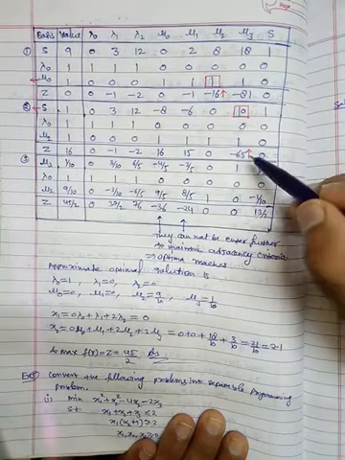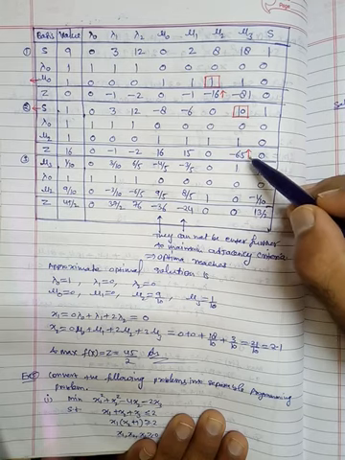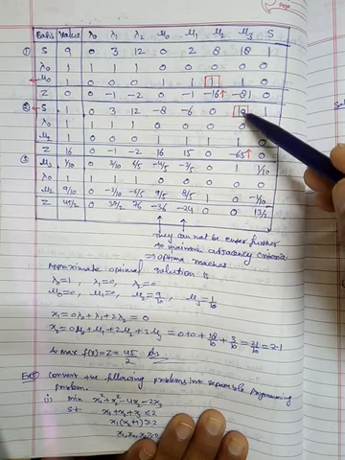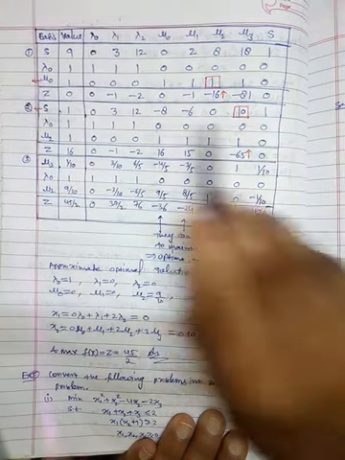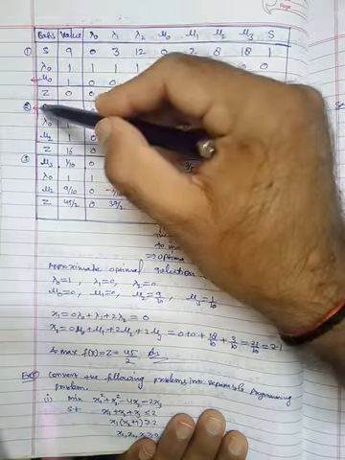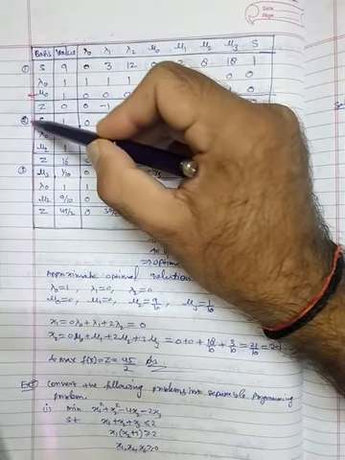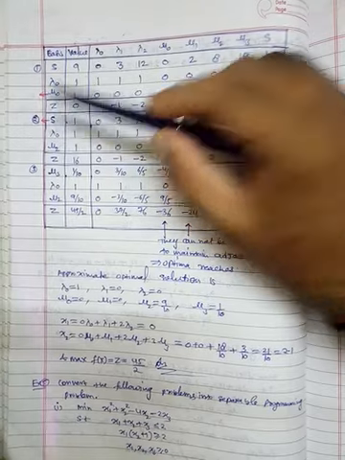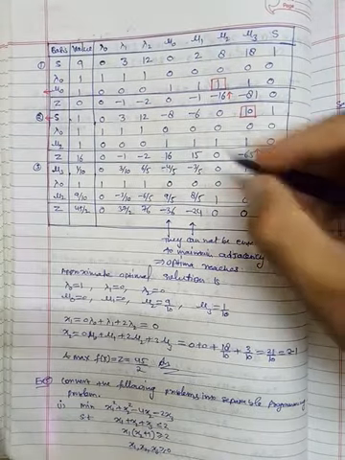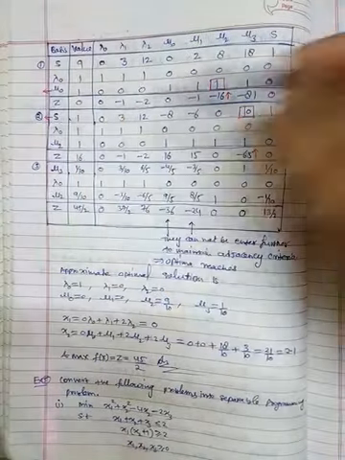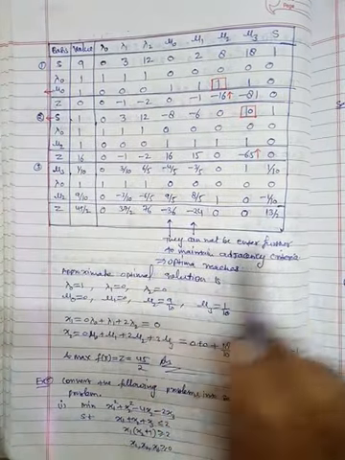Now here the most negative value is minus 65. Here both are positive values, so the minimum ratio is 1 by 10 and 1 by 1. So this will be the minimum, and mu3 will enter the basis. If you enter mu3 here, you will see that mu3 and mu2 are adjacent to each other, so you can take this and enter it. When you enter this, S will leave the basis and mu3 will enter the basis. So we have the next table.